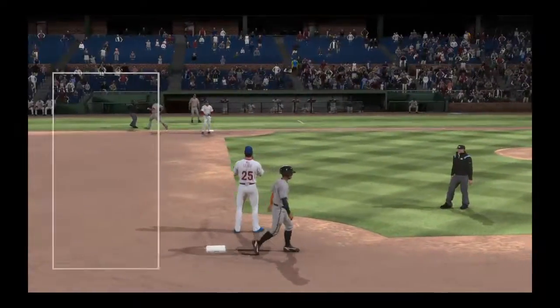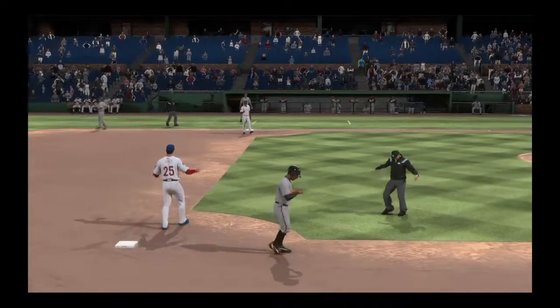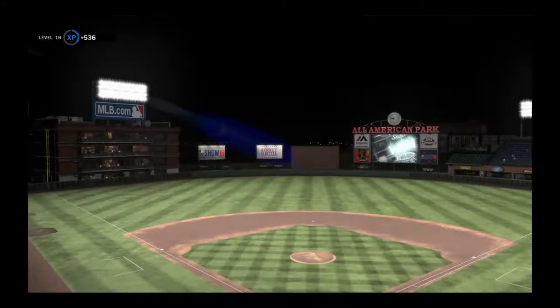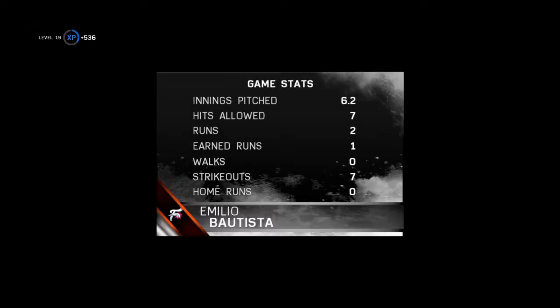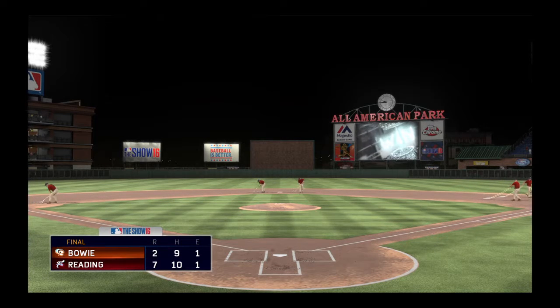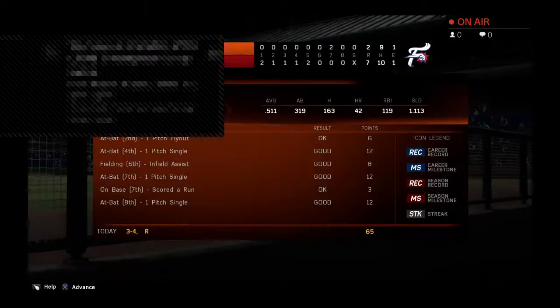And the 2-out threat will not come to pass as the inning is over. So it's no runs on 2 hits, no errors, and 2 men left stranded. Well, you always hope to get a good outing from your starting pitcher, but this man went above and beyond in this one. He really pitched well. He ran into a few problems here and there along the way, but aside from that,